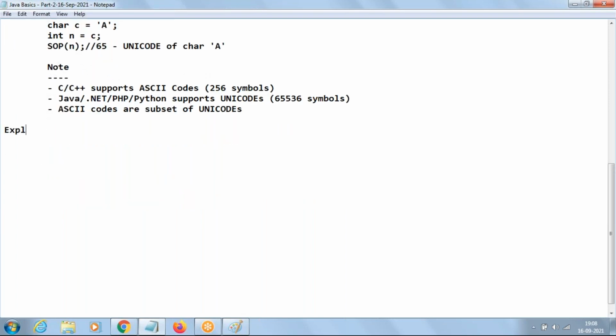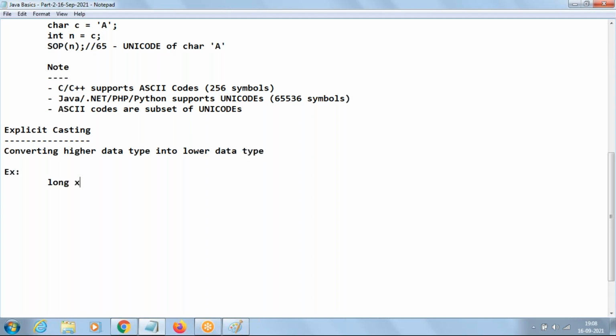Coming to explicit casting. This is the reverse way, converting a higher data type into a lower data type. For example, if you take a long x equal to 100, and you try to assign it to integer, since long is higher than integer, this will go with an error.